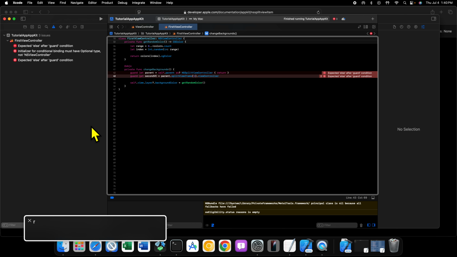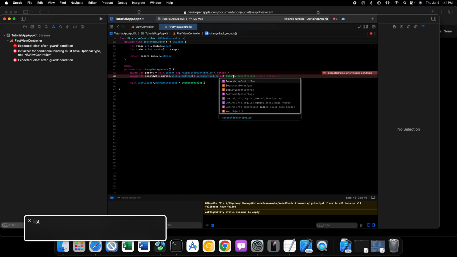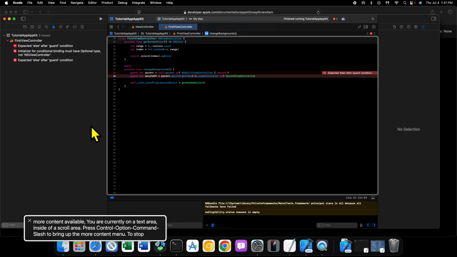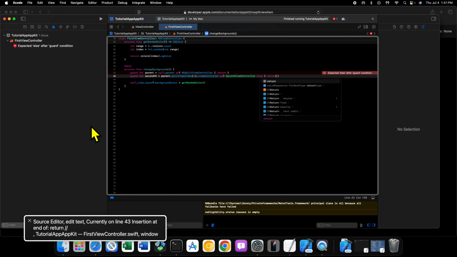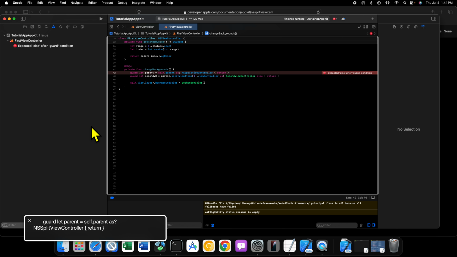But we need to keep in mind that this view controller is an NSViewController object. So we want to cast this to the type of view controller that we're going to be working with. And so in this case, it's going to be as second view controller. Otherwise, we want to return like that. There. So now that we have our second view controller,